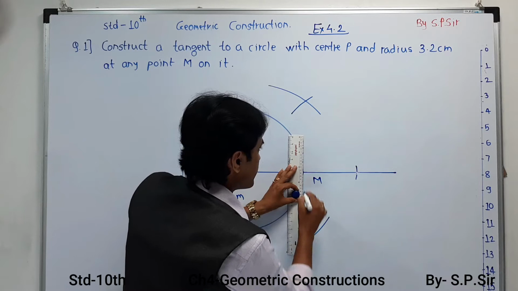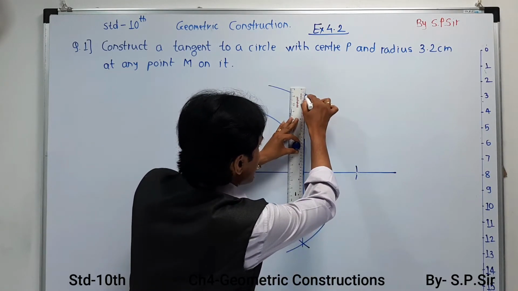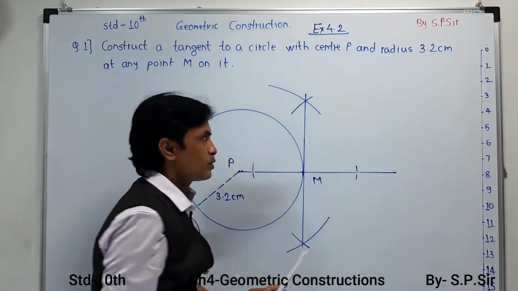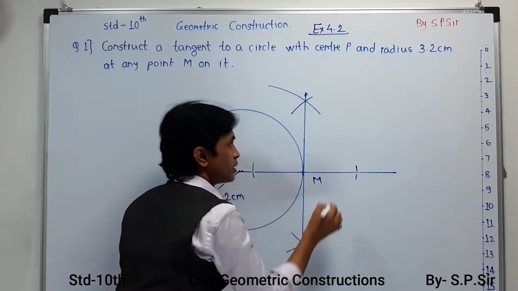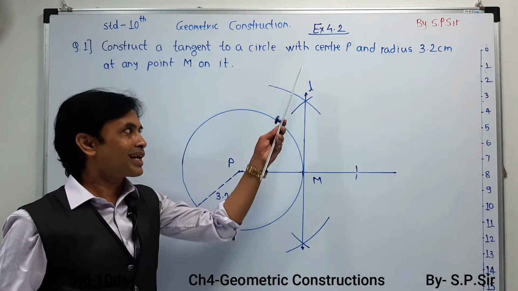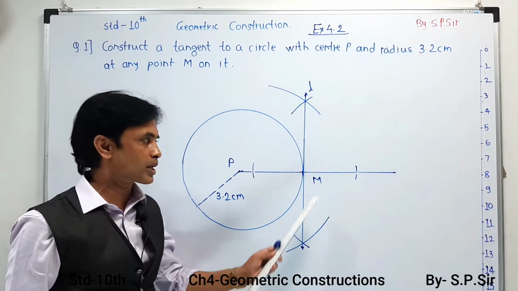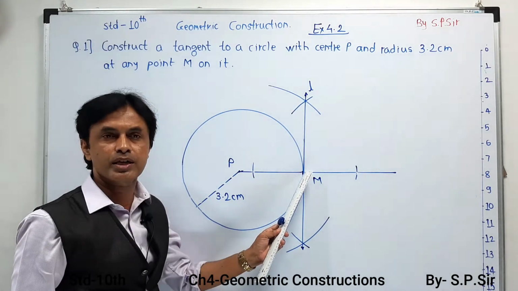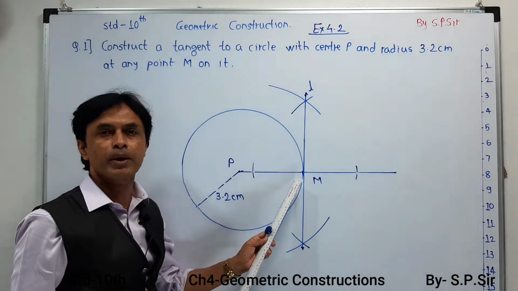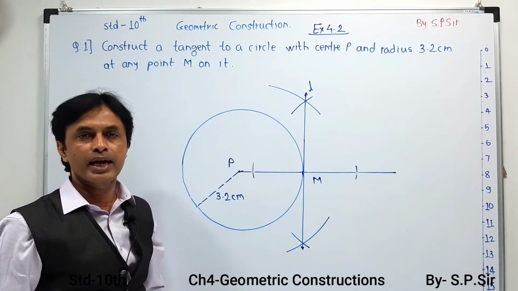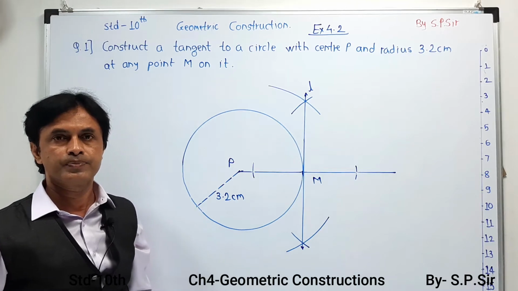First mark M, now let us say I am going to call this line as line L over here. Now this line L is nothing but a tangent to the circle. This line L is nothing but a tangent to the circle at the point M which is on the circumference of the circle, and naturally it is perpendicular to the radius, it's a tangent. Automatically you have drawn a perpendicular with an angle of 90 degrees, and in this way you can draw a tangent to the respective circle at point M.